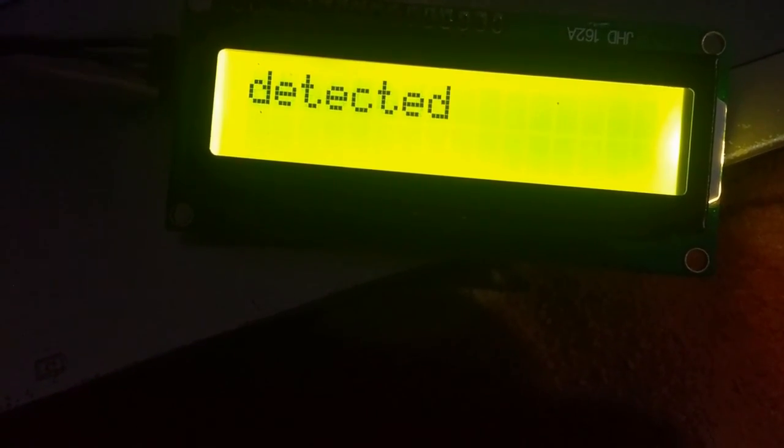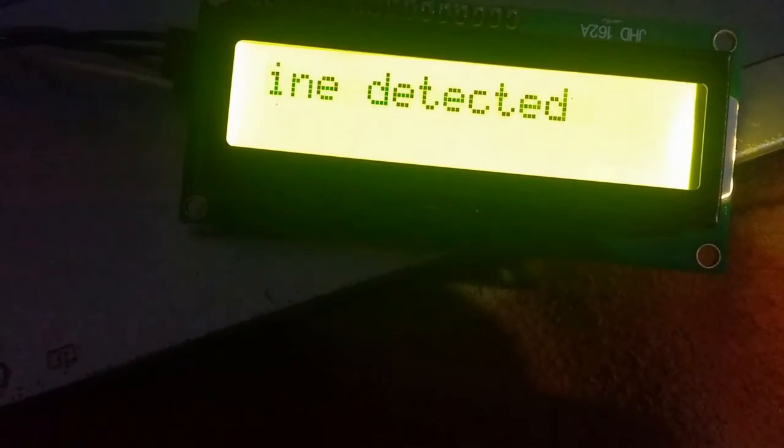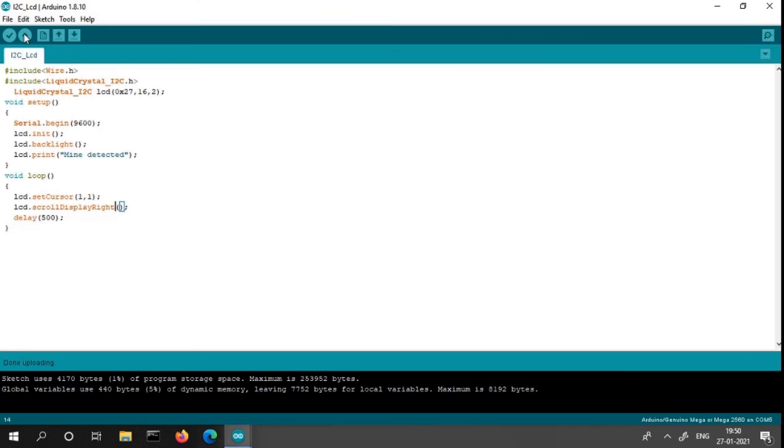We can see the data is scrolling from left side to right side. We have changed the command, scroll display right, so it is scrolling from left to right.